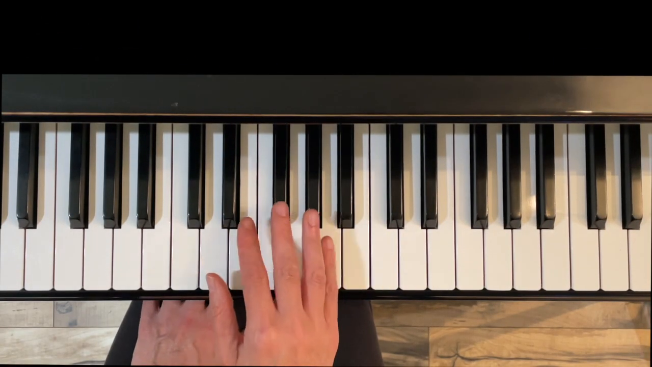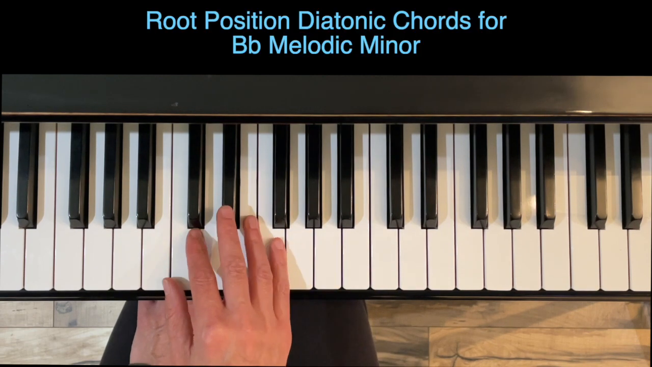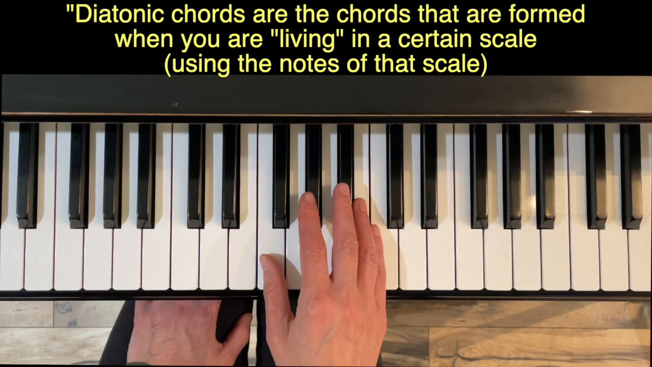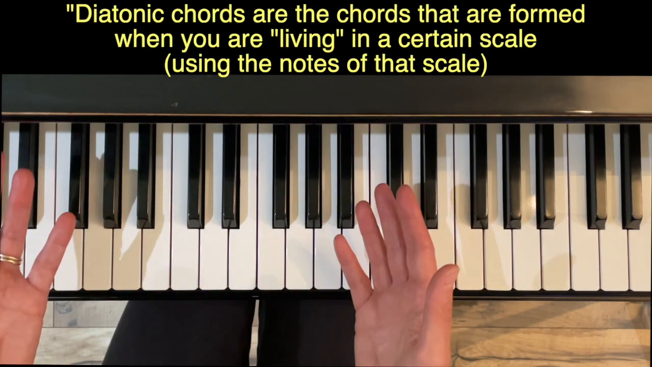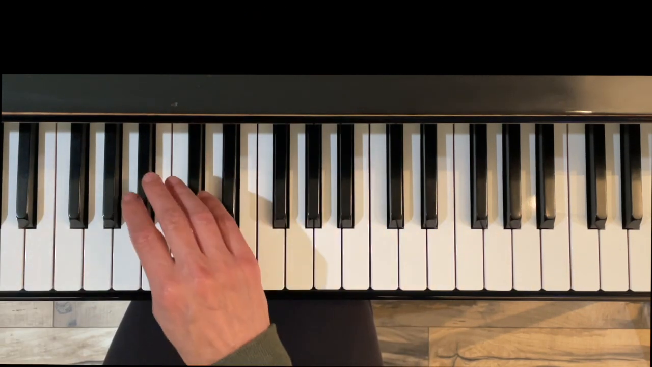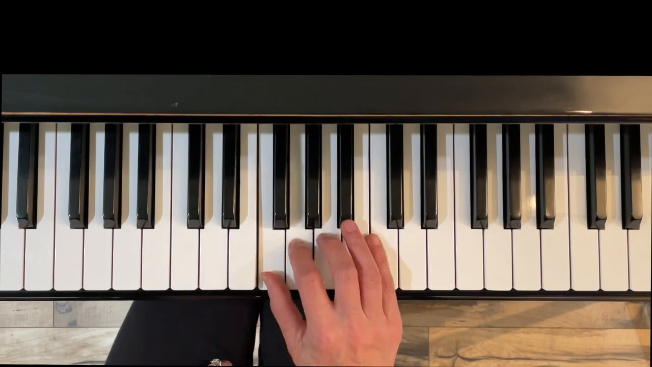In this short video, I'm going to go over root position diatonic chords in the key of B flat melodic minor. Diatonic chords are simply the chords that occur naturally when you're living in a certain scale. The chords come from the scale tones. So in this case, melodic minor,